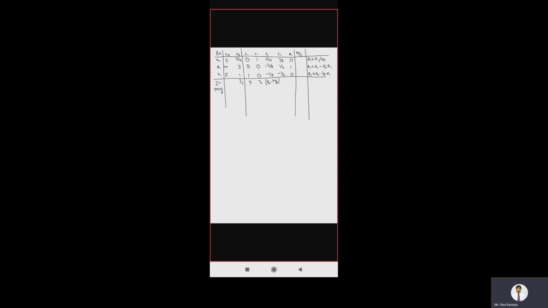सिमिलरली इससे आगे जो वैल्यू है ये हो जाएगी 3/8, 5/8, 5/4 माइनस 3m, सॉरी, m/4, m/4 माइनस 7/8 हो जाएगा m। ठीक है, cj माइनस zj करते हैं, 0, 0 हो जाएगा 3m/8, 3m/8 माइनस